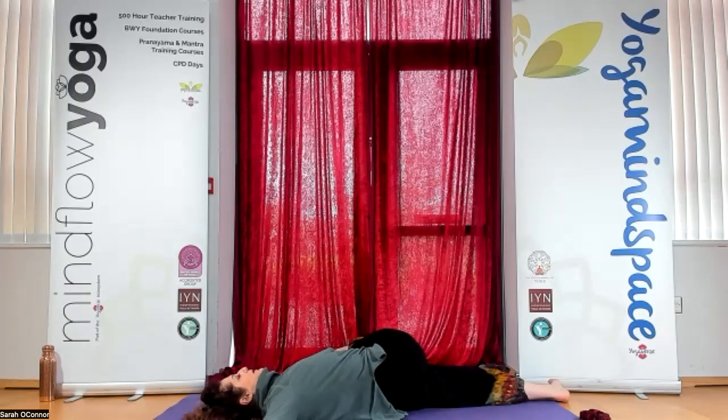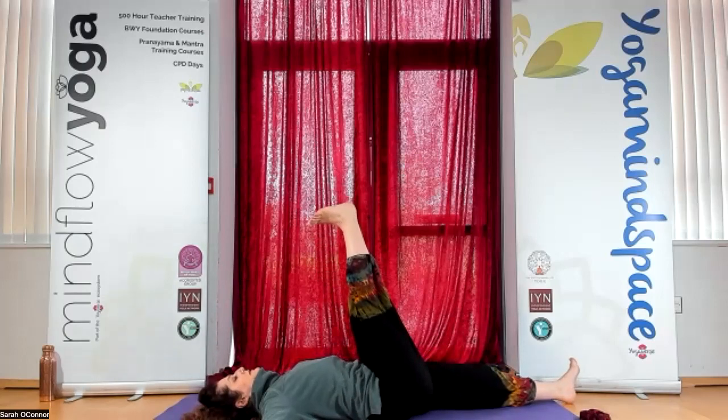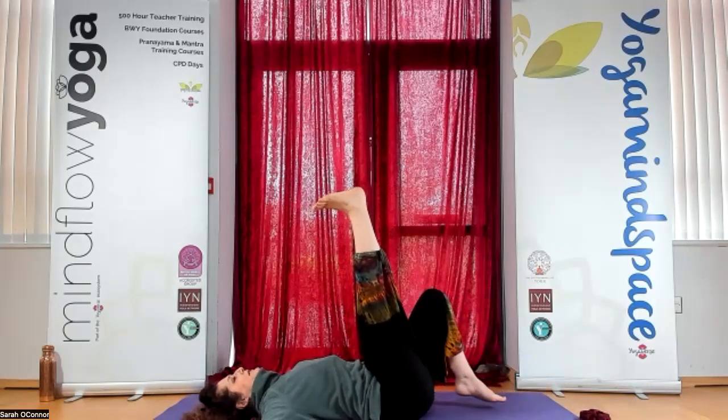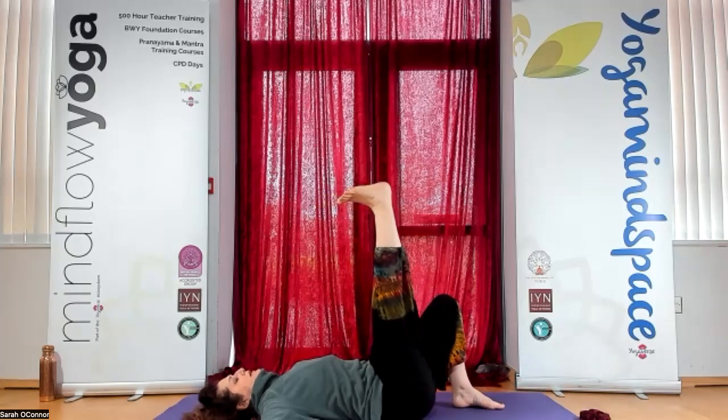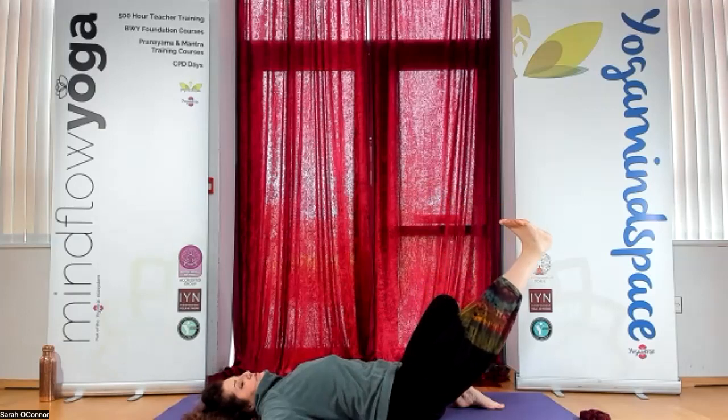Lovely. Now release the belt whilst the leg is in that position. And on the inhalation, bring the leg back to center. Take a deep breath in, engage the tummy muscles, bend the left leg if you need to support the back. And on an exhalation, slowly lower the leg, keep pushing out through the heel, push, push, push, as if you're